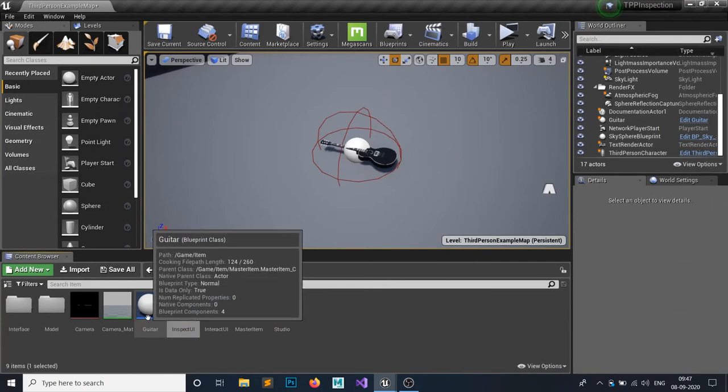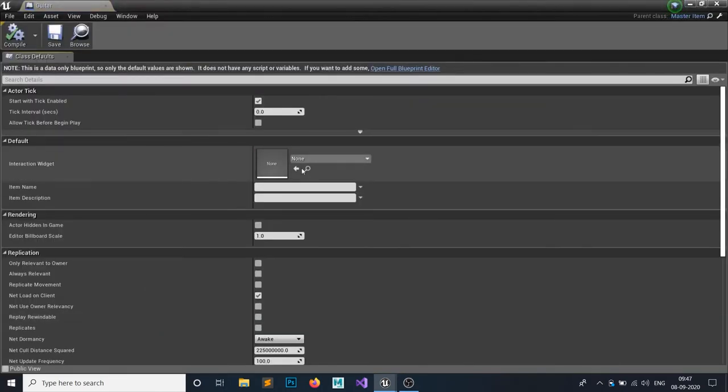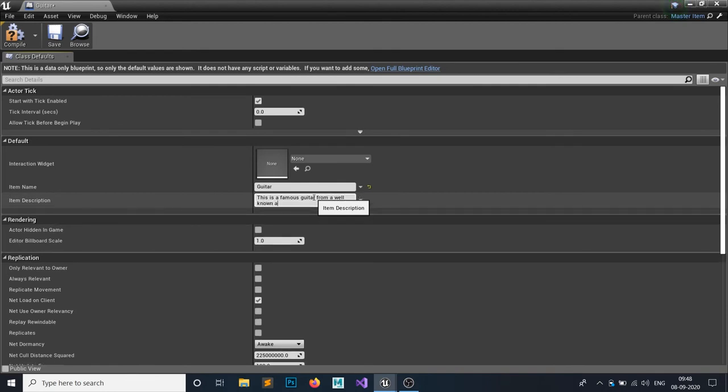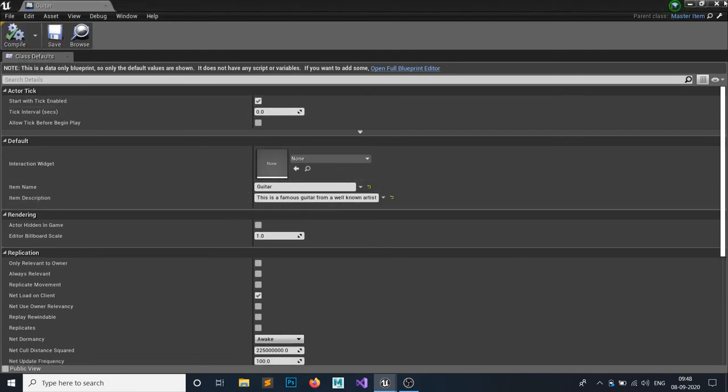So click on your guitar and let's add this variable. So your item name would be guitar, and the description will be, this is a famous guitar from a well known artist. Just compile, this is for checking purpose.